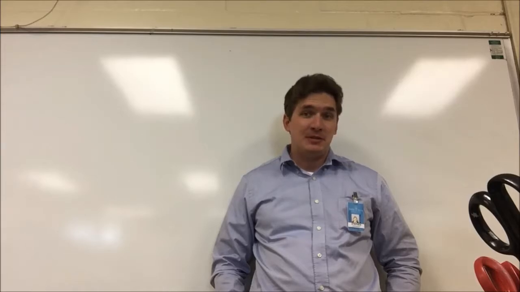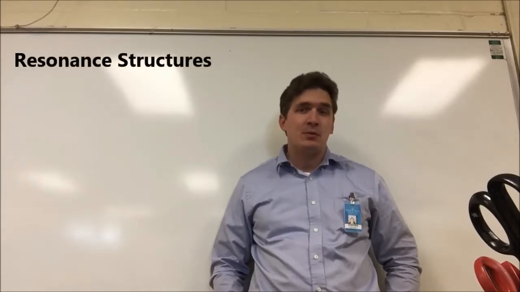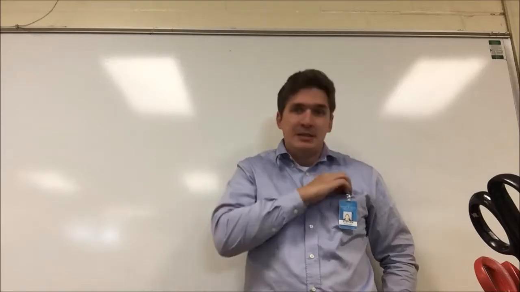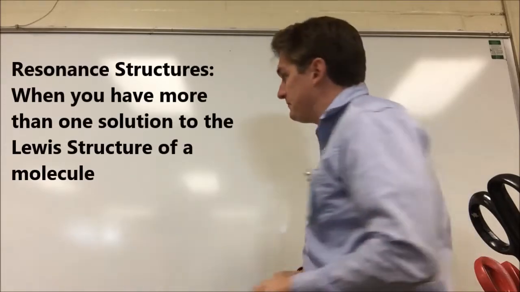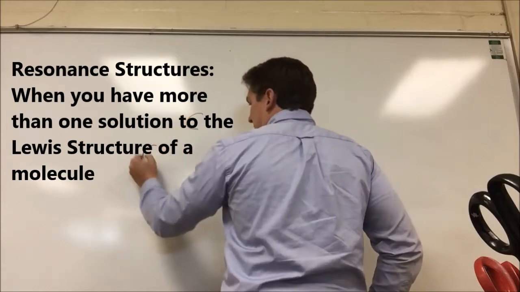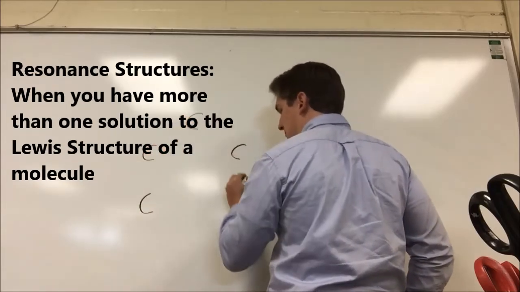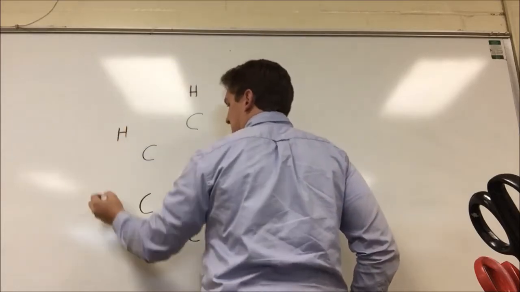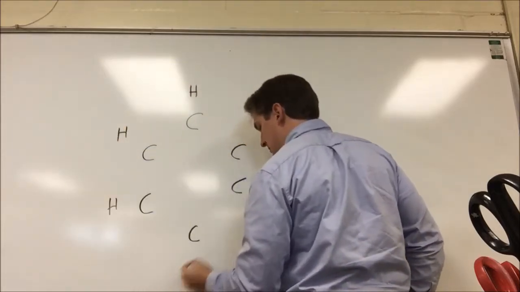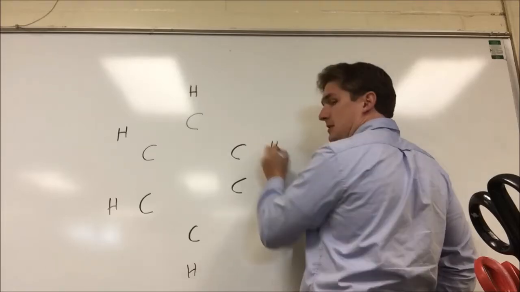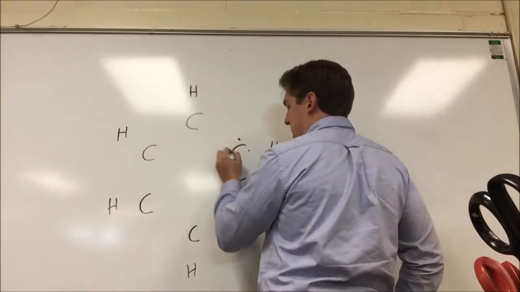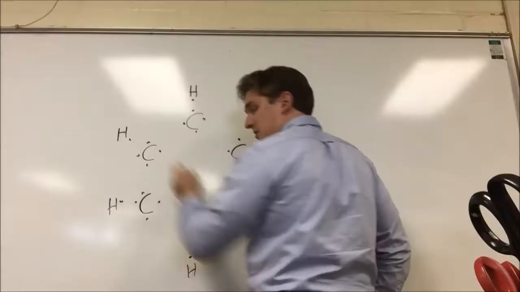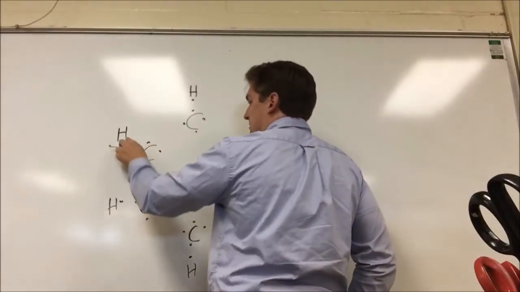In this video, we're going to talk about resonance structures. Resonance structures occur when you have more than one solution to the Lewis structure that you're drawing. So let's take something like benzene, C6H6. We draw 6 carbon atoms, 6 peripheral hydrogen atoms, populate with our valence electrons, draw our initial bonds to each of the periphery atoms,